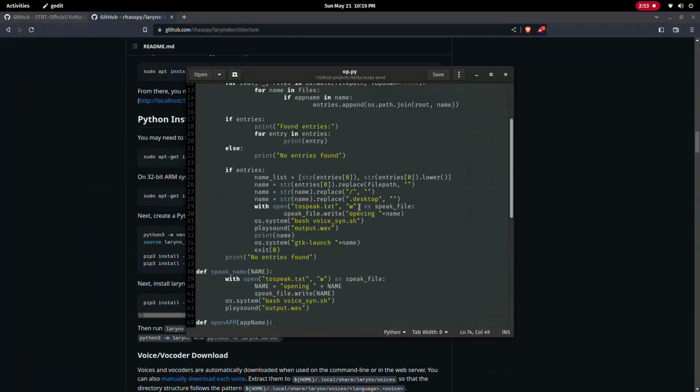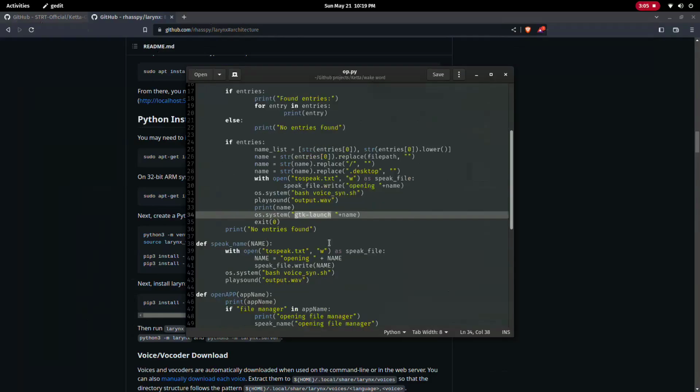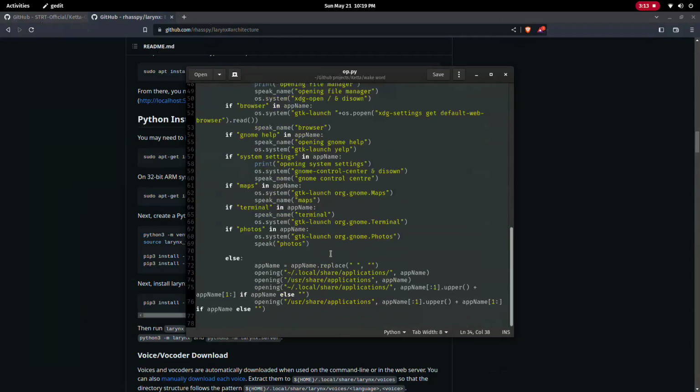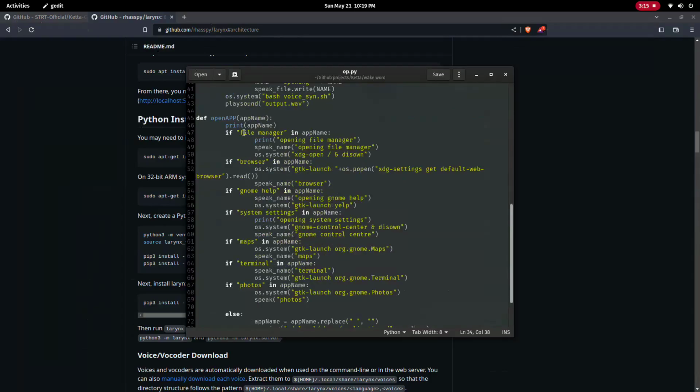Then we'll search in these directories if any file has the name as the user requested, and if it does, we'll launch it with gtk-launch, and if it doesn't, we'll search other directories, and if in no directories those files are found, we'll move on to the hard-coded way,